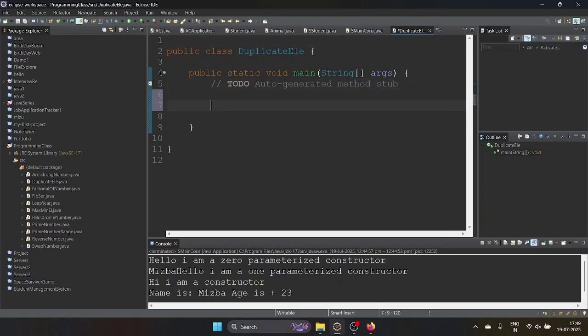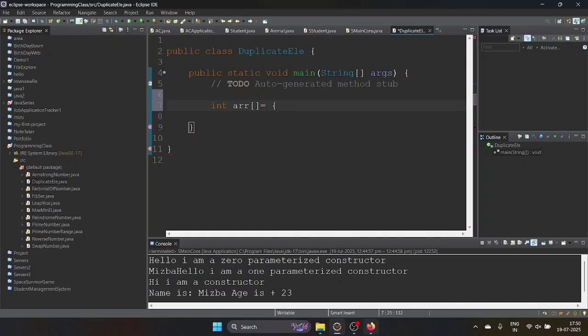Let's do one thing. We will take an array: int arr. See here, arr is the name of the array and int is the type of the array, that is integer, and we are going to give some values.